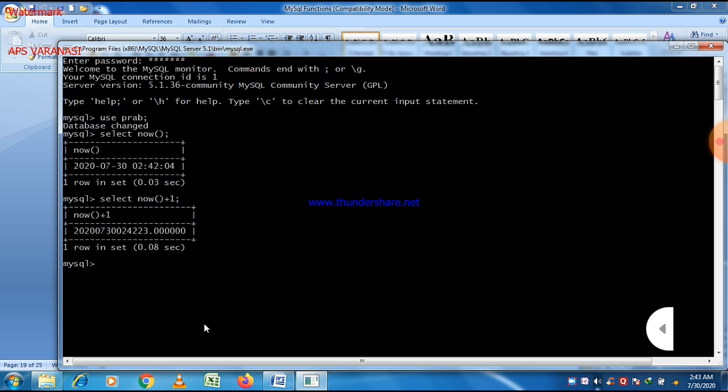So this is the use of the NOW function and the NOW plus 1 function. NOW plus 1 returns the current date and time plus 1.